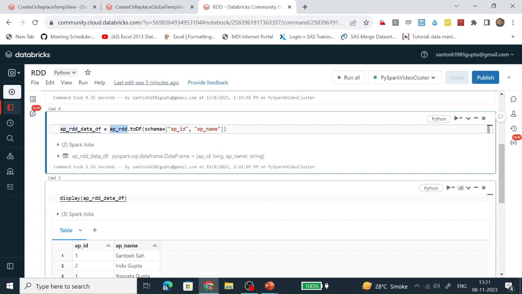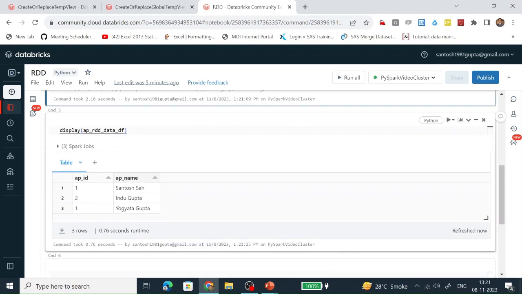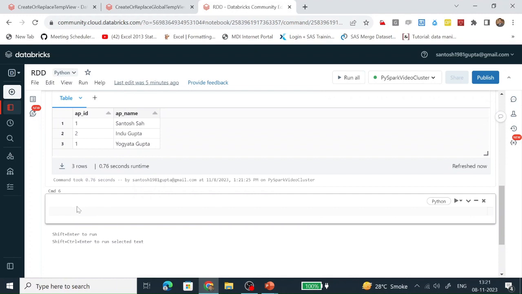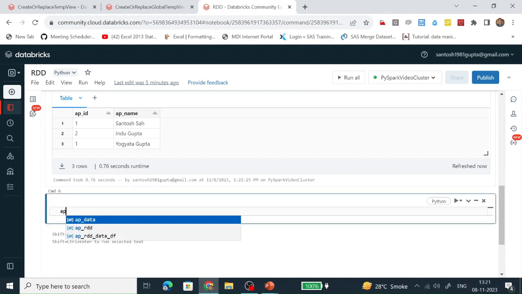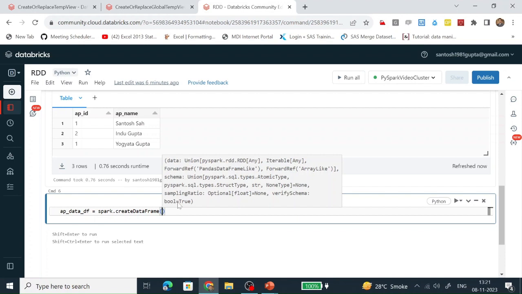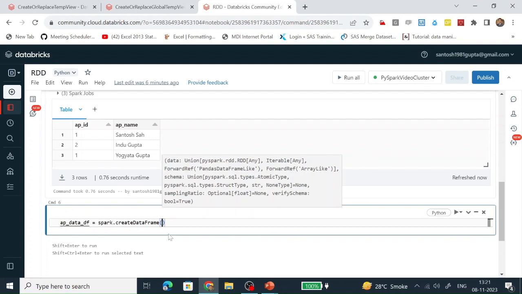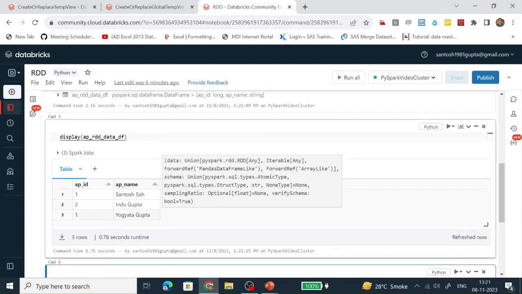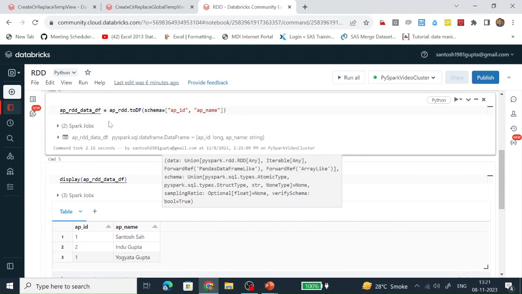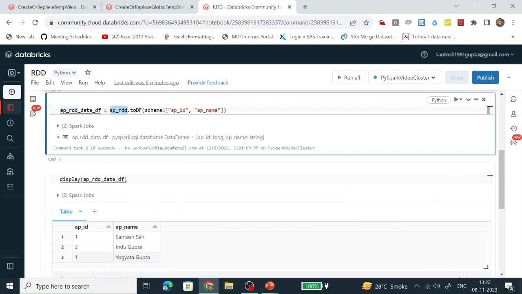Let's create the data frame with the help of the spark.createDataFrame function. In this spark.createDataFrame, which kind of parameter are we going to pass? We are going to pass a value which has the data.